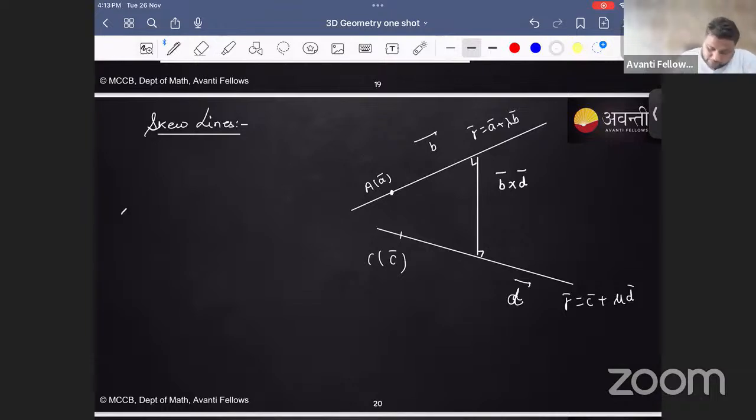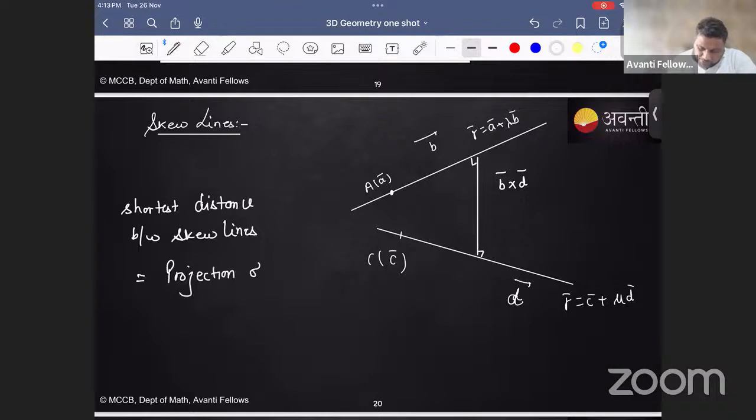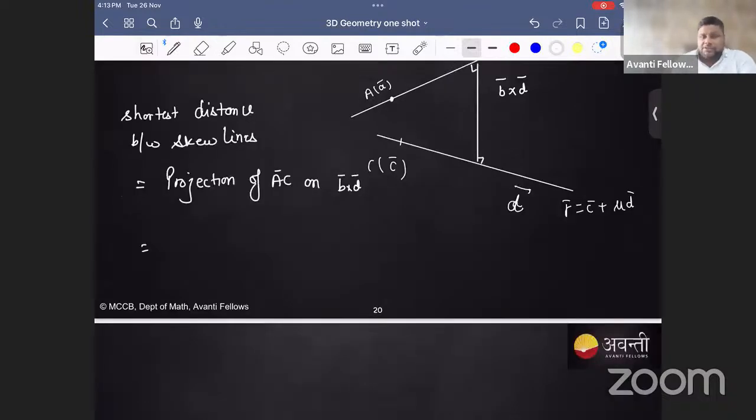Now, the shortest distance between skew lines is what? Projection of AC on b cross d. And the projection of AC on b cross d, you are aware of, is AC dot b cross d upon